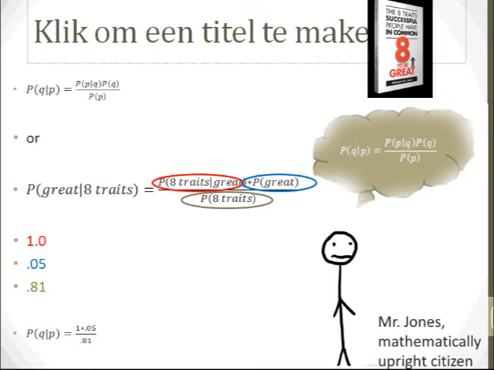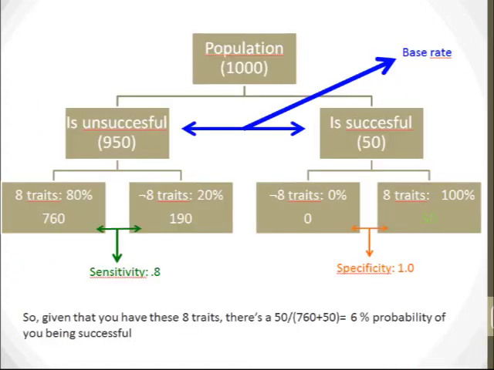But a lot of people have some difficulty in making this calculation, so it helps perhaps to translate those more abstract probabilities to concrete frequency examples. So how we do that is by using a frequency tree in which we start off with a hypothetical population of 1,000 persons, just 1,000 for easy calculations, and we apply the base rate to them. So we know nothing about this population except that 5% will be successful and 95% will be unsuccessful, which